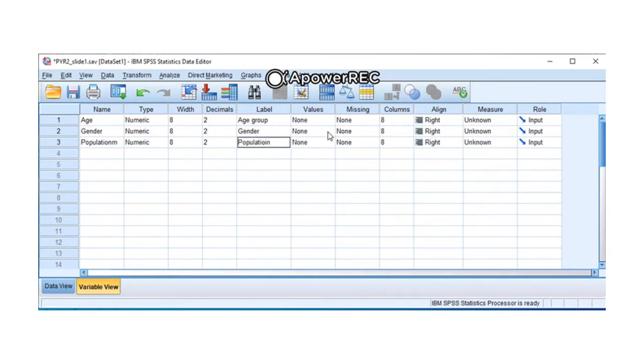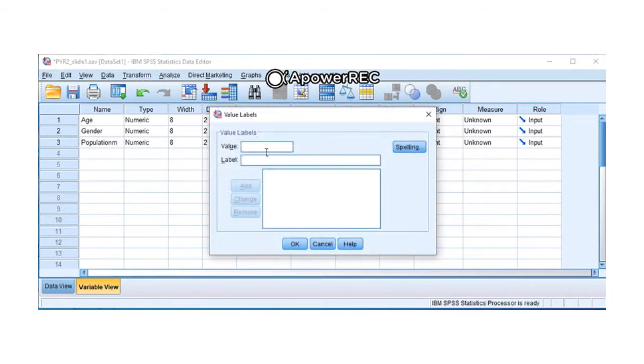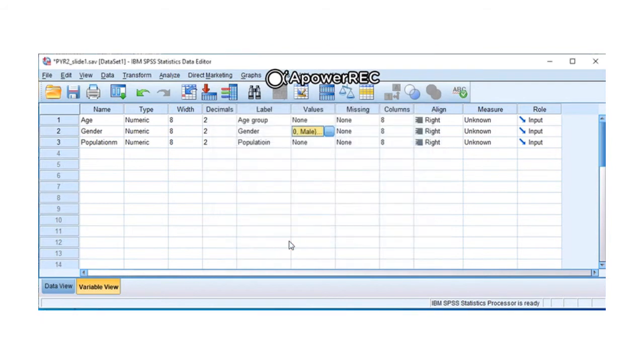Then I will give the values for male, 1 as male and 2 as female, and say OK.